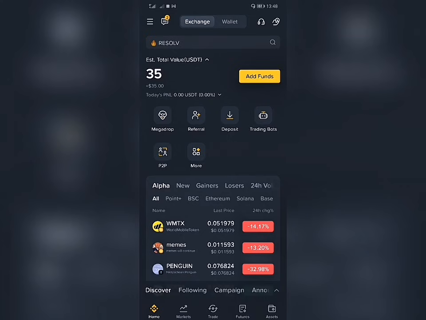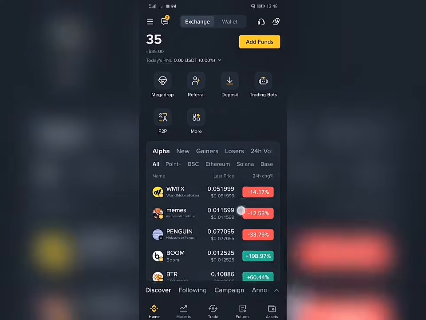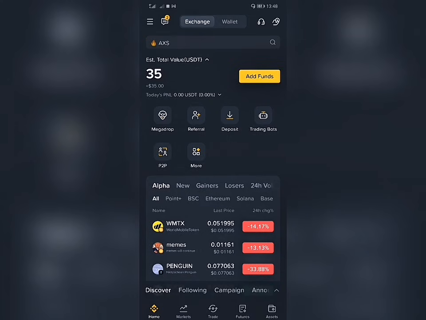So that is pretty much it on how you can withdraw your money from your Garna.io account to